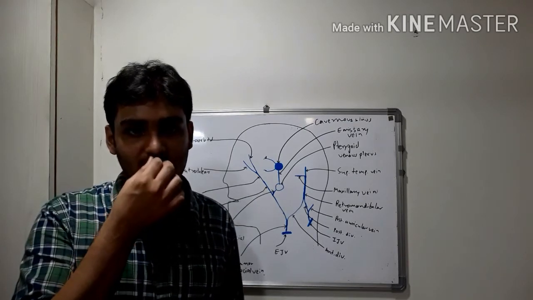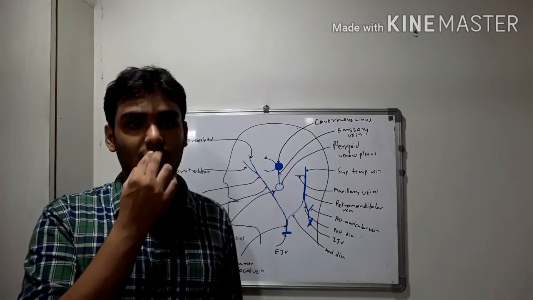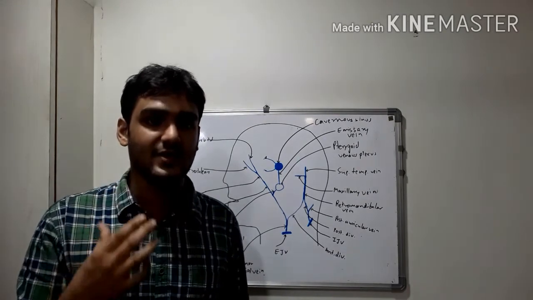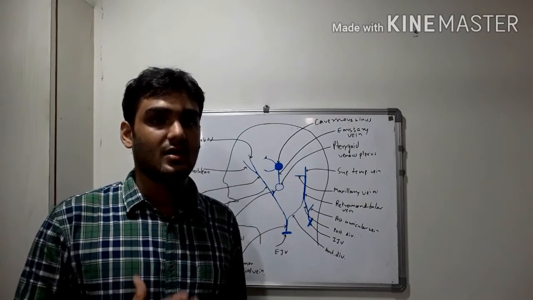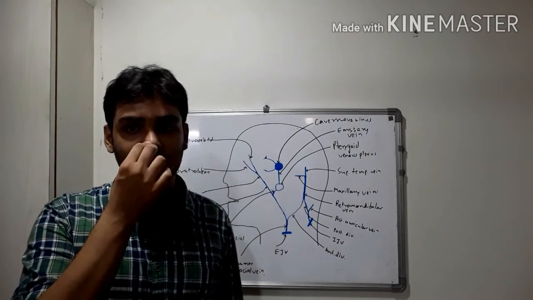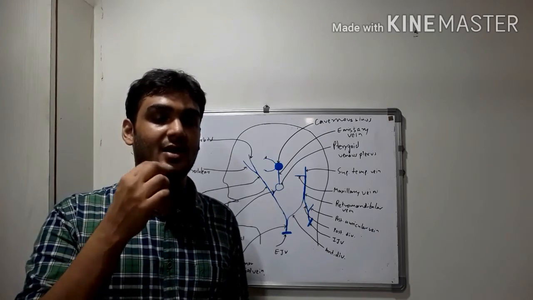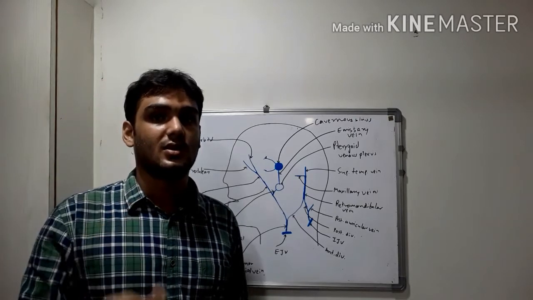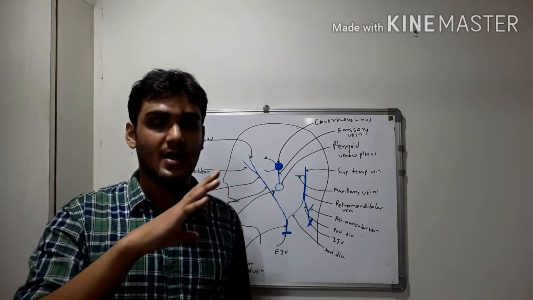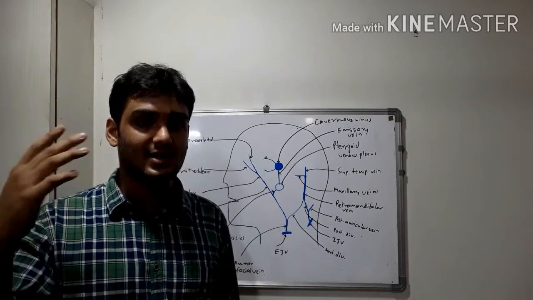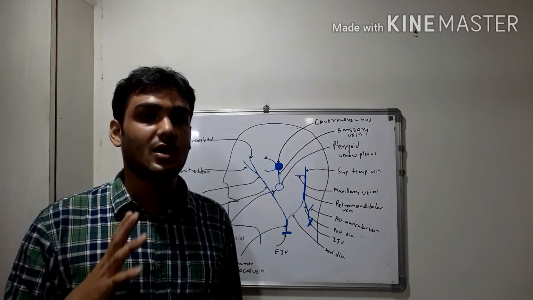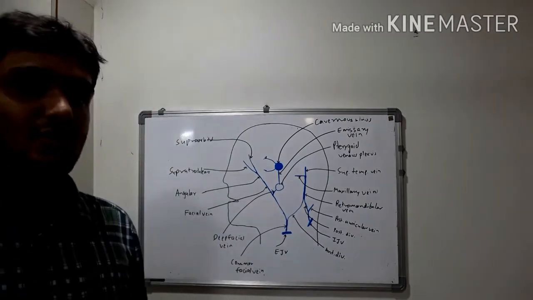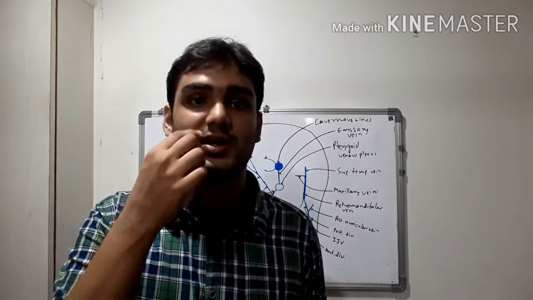Moreover, this area, below the nose and above the upper lip, and the adjoining part of cheek, is known as the dangerous area of face, as it is drained by the facial vein. And any pustule or any boil, if you try to burst it, then the infection may spread to the facial vein, and it may be carried by the emissary veins to the cavernous sinus. And emissary veins are valveless veins, so their flow isn't hampered by anything. And so cavernous sinus thrombosis may occur, which is a serious condition, an emergency condition. So this area is known as dangerous area of face. So never mess with any pustule or boil which occurs in this area.